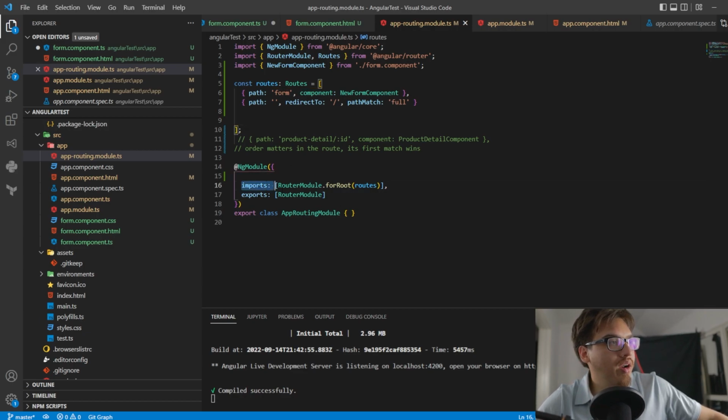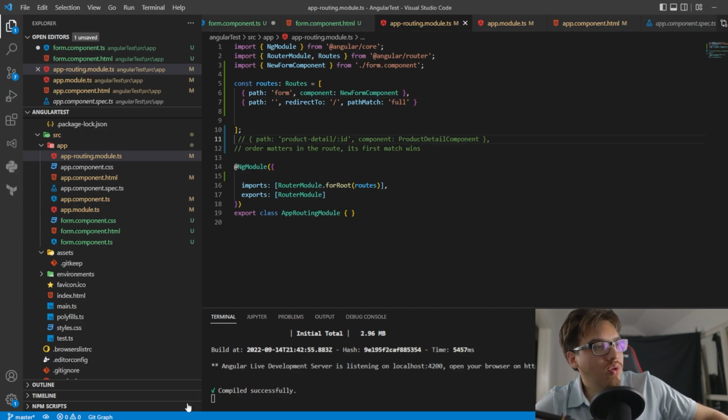Then you do an import and an export here. So I import the routes and I export my route module. I don't want to go over this too much because this is already getting out of hand. There's really a lot to learn. If you want to go in depth on this, I would suggest reading up on the Angular stuff because I'm not going to go in depth on this. I'm just going to tell you that for routes, you have a central routing place and you just follow this syntax in order to get your routes to work. So with that in mind,